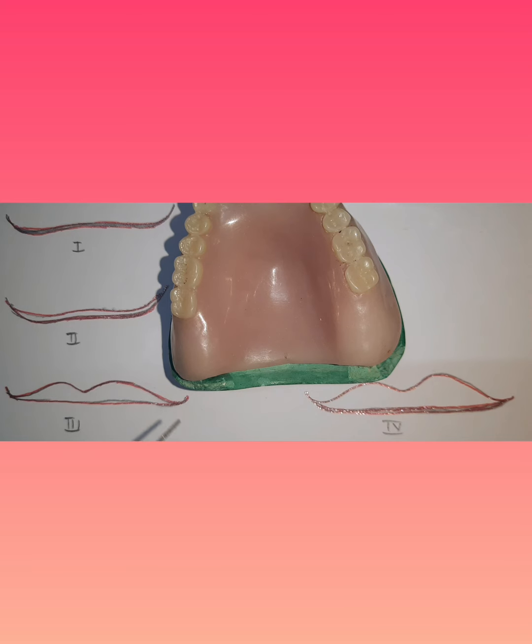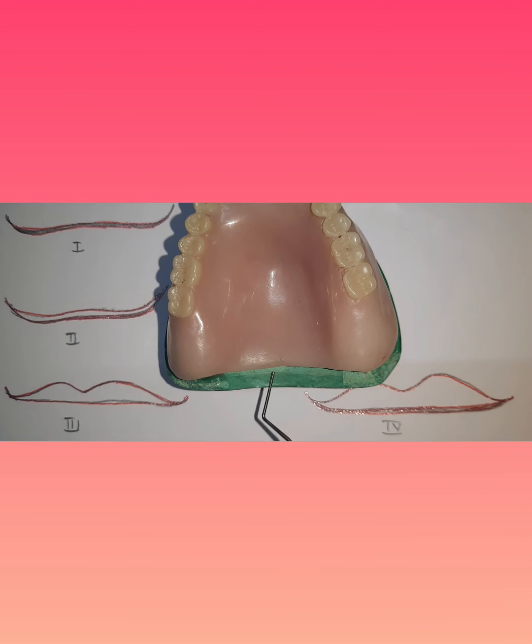So you know that the factors of retention and stability are going to resist any vertical dislodging forces. But if there is a lateral or torquing force, then the partial vacuum created in this region is going to resist the horizontal and tipping forces. Another thing you may argue is that a partial vacuum would be harmful to the tissues. No, because the time duration in which this partial vacuum is created is very short, so it is not going to hamper the health of the tissues.